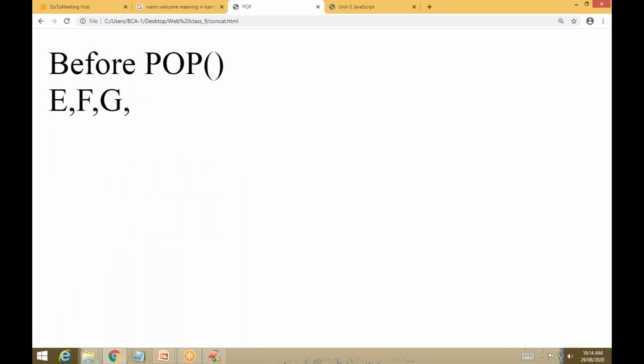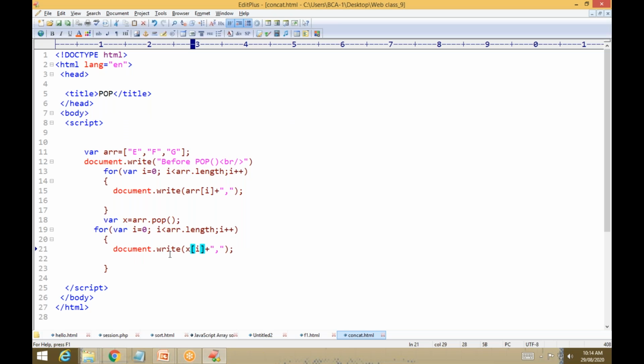Okay, now I want to print like this, g undefined. Okay, it takes only one value. So here we are printing a dot, that means that is deleting g. Okay, so that deleted value which you are deleting is stored in g.